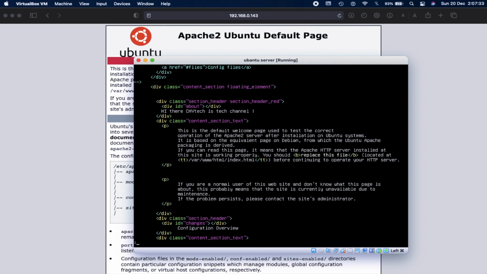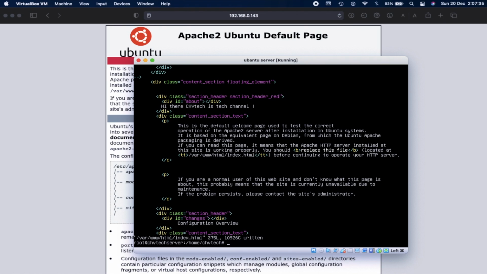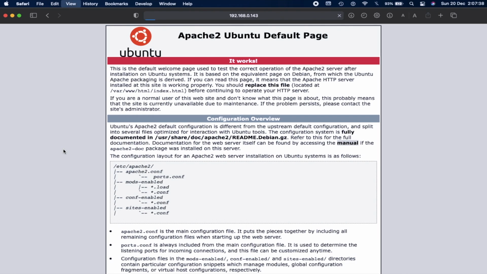And save this, and go back to the browser and refresh the page. Now you can see the changes that we have made, and this is how we can host our own website